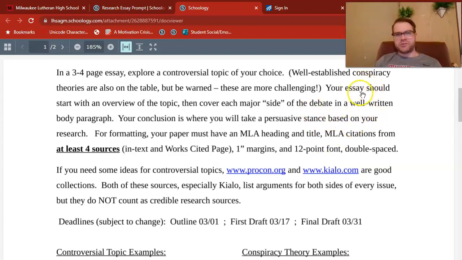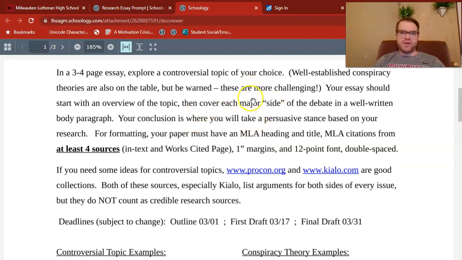Your essay does have a specific structure to it. Your introduction paragraph will be an overview of the topic, maybe give the history of whatever controversy or debate or conspiracy you're looking into. Each body paragraph will cover a major side of the debate. So you could just have two massive body paragraphs in this essay, one pro paragraph and one con paragraph, or you can split them up, subdivide them more if you like. In your conclusion, that's where we're going to take a persuasive stance too, where you get to, after exploring all sides of this issue, take your own stance as well and explain where you stand on this and why. That paragraph I will allow you to write in the first person, but that's after you provide so much information earlier in your essay.